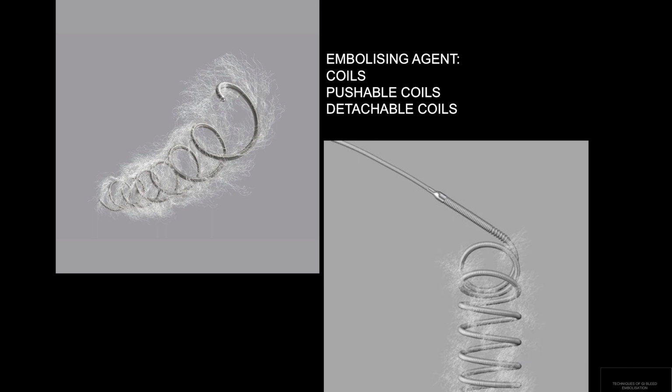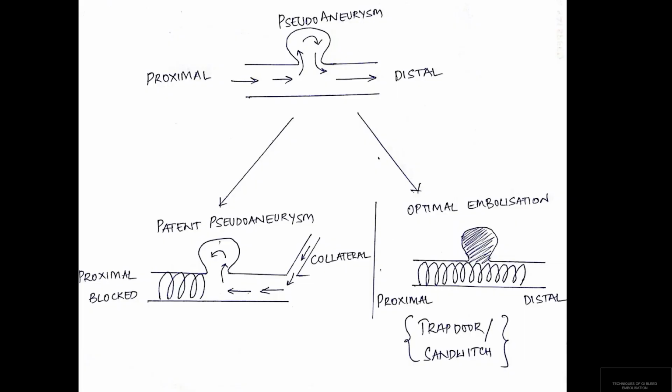Coils are very widely used, and there are two types of coils: pushable coils and detachable coils. So these are basically platinum fibered coils, which while deployed into the blood system cause immediate thrombosis of the blood vessels. So for a true aneurysm, like in brain aneurysms, we have to do aneurysm coiling, packing of the aneurysm with the coils. Now, in a pseudoaneurysm, which actually does not have a proper blood vessel wall, it's just like a focal hematoma. We need to obliterate the parent vessel, and if we only block the proximal aspect, the pseudoaneurysm fills distally through some of the collaterals because the GI system, the gastrointestinal system, is well collateralized.